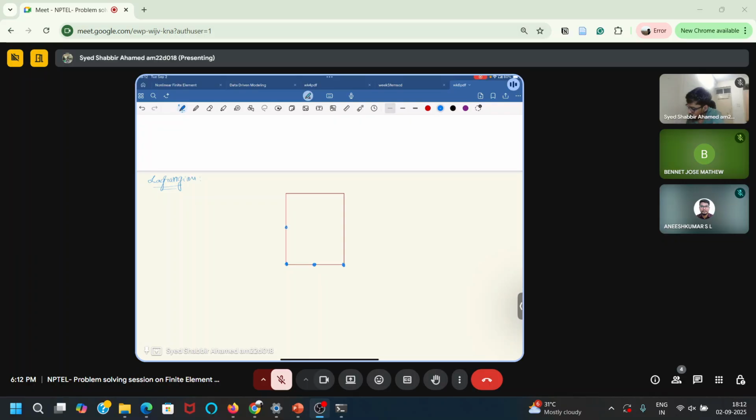In the Lagrangian approach, we have to take nine nodes. So all the four vertices of the quadrilateral, plus the middle of each edge, I will take one node each. So four nodes in the middle of the edges and one node here, the center. I'll start the numbering from here: one, two, three, four, and I'll start again from here: five, six, seven, eight, and